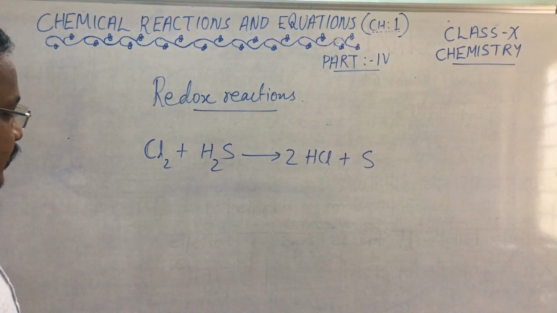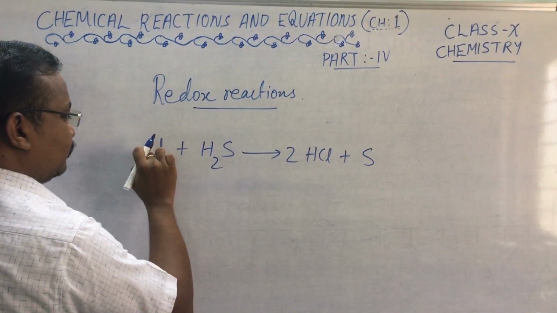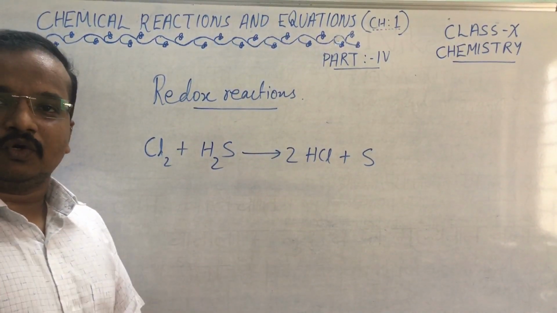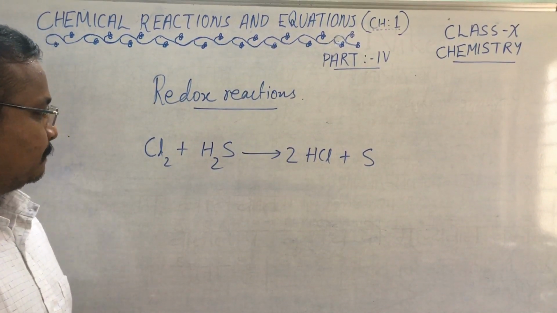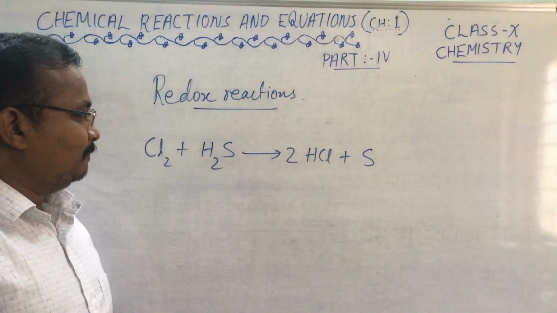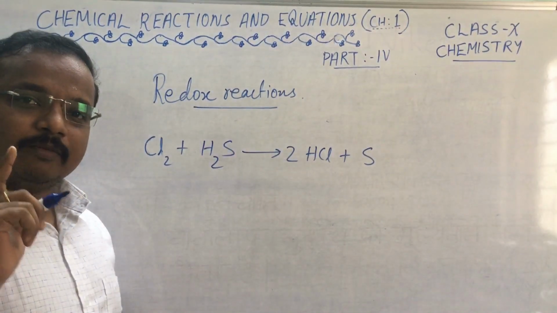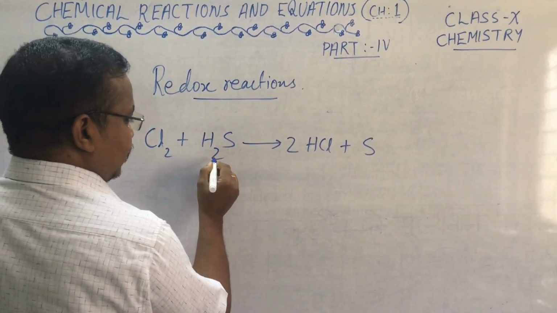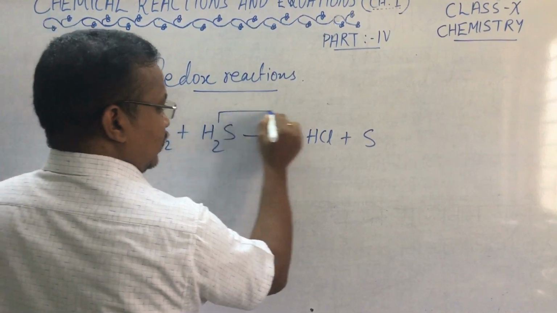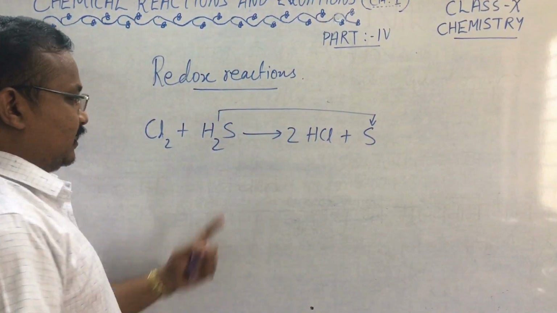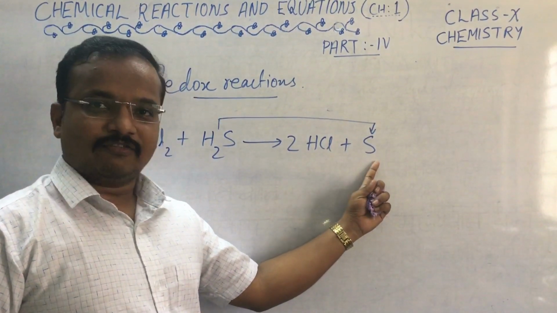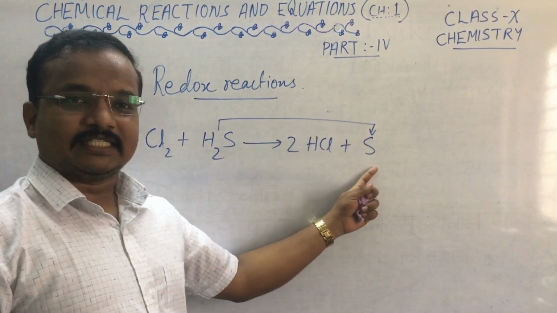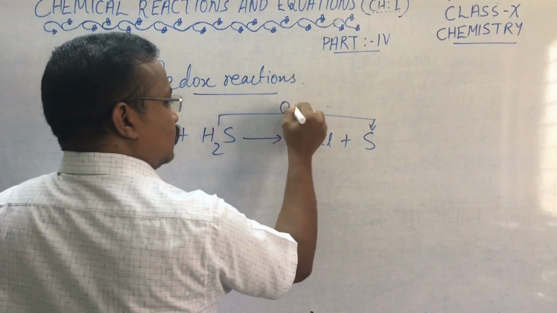Look at this reaction. Here there is no oxygen atom at all present. Now how can you say that in these reactions also oxidation as well as reduction takes place? Here, as I said in the beginning, addition of oxygen or removal of hydrogen is called oxidation only. Now from this particular H2S, if you look at it, hydrogen is removed after the reaction. When H2S converts to sulfur, hydrogen is not found in this particular species, right? So removal of hydrogen is taking place. So we can say this is also oxidation.